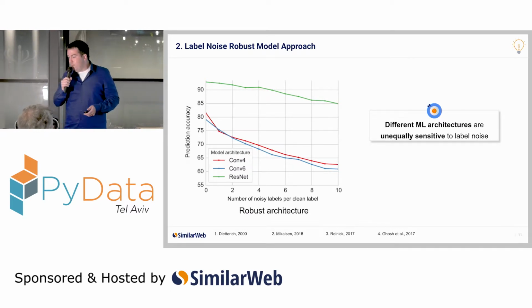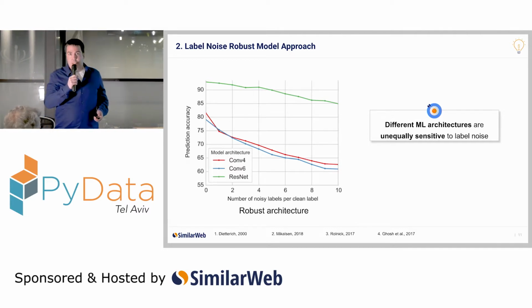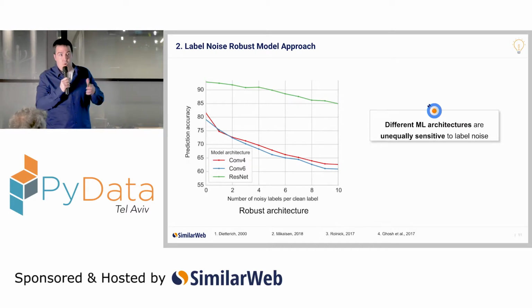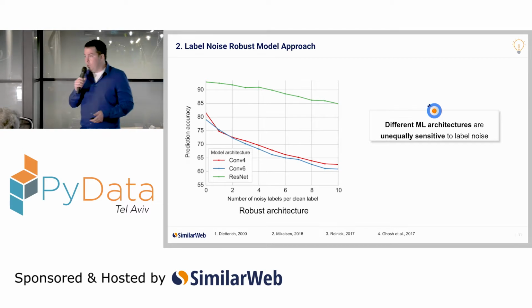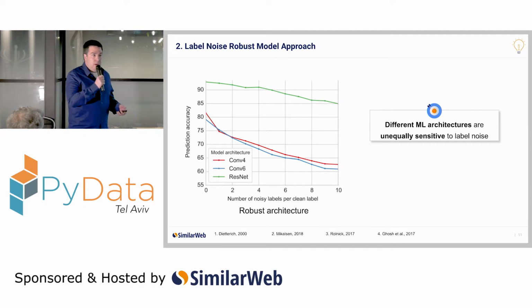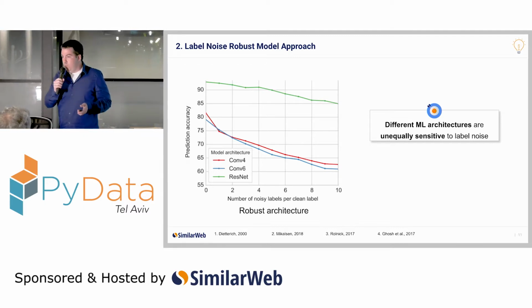The second is the robust model approach. It is based on methods which are inherently more robust to label noise. In this situation, even if the data is neither filtered out nor relabeled, these models still show high tolerance when trained upon learning sets contaminated by target value noise. In general, this approach is divided into two methods.